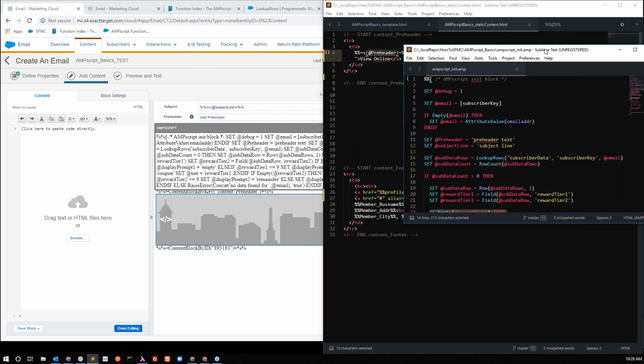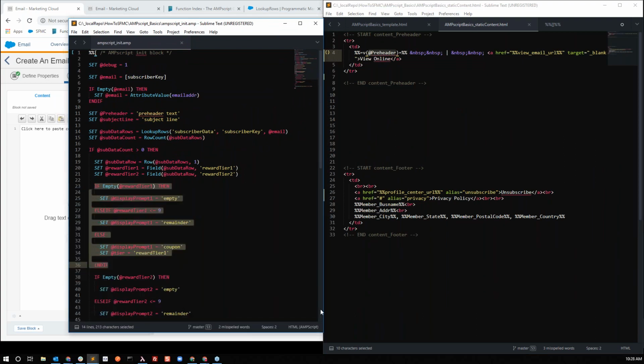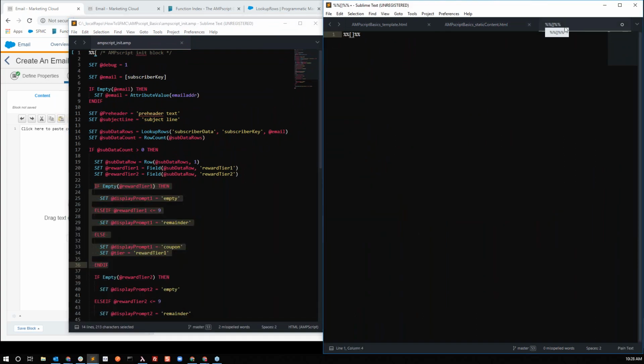And if it makes it easier, you can space everything out how you feel comfortable. All right, so the first thing we're going to need to do is look for this prompt if empty, right? Or we need to find out if they have anything in this reward tier, because we're going to display both tiers in this email. So we're going to say if, and we're going to say display prompt 1,